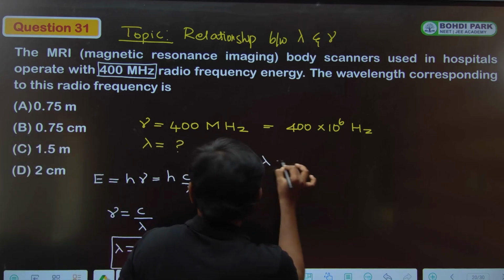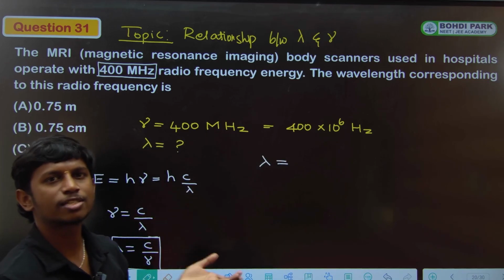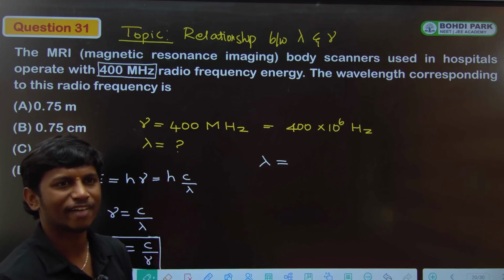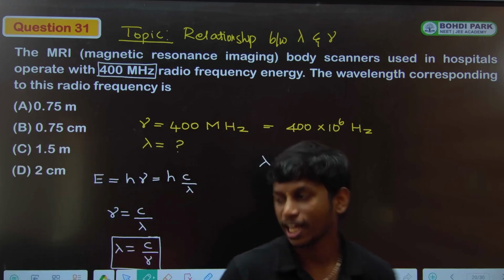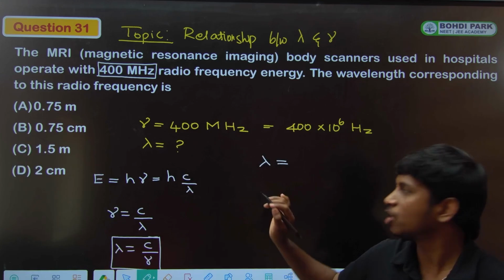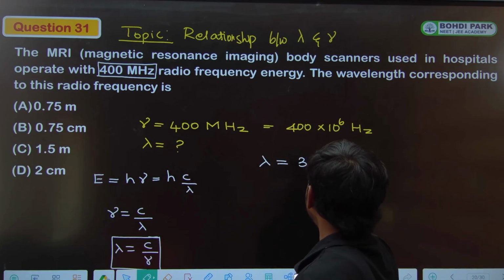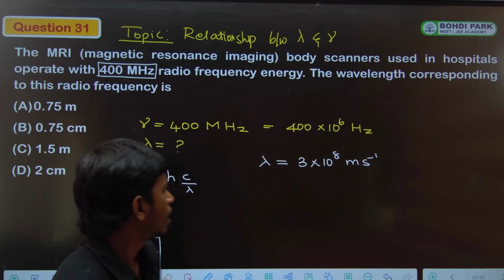Lambda we need to calculate. What is c? C is the velocity of light in vacuum. வேக்குவம்ல light எவ்வளவு ஃபாஸ்டா டிராவல் பண்ணுமோ அதான் நம்ம c னு சொல்லுவோம். ஓகேவா? c யோட வேல்யூ எவ்வளவுப்பா? 3 into 10 to the power 8 meter per second. இதை நீங்க ஞாபகம் வச்சுக்கணும். Okay, then divided by